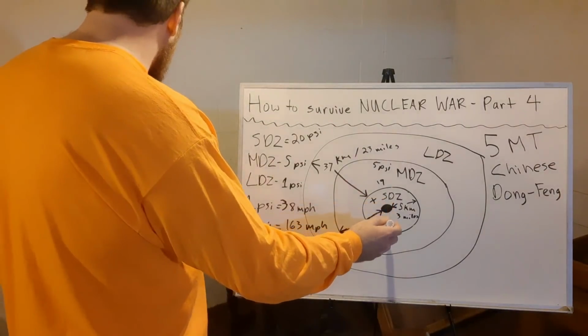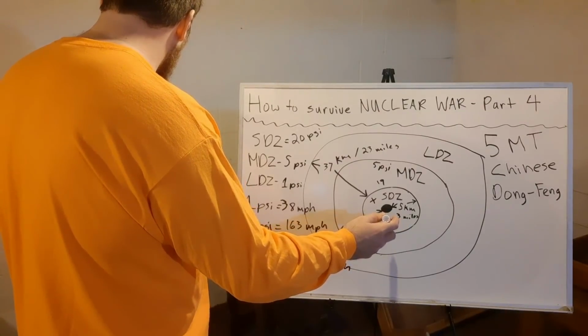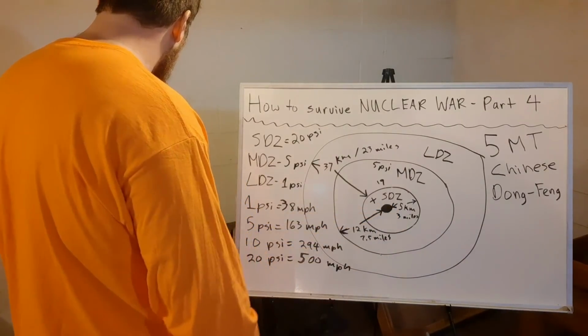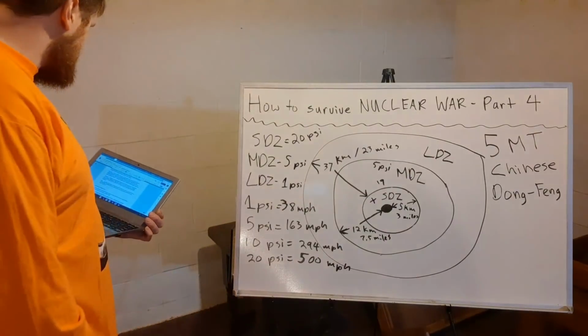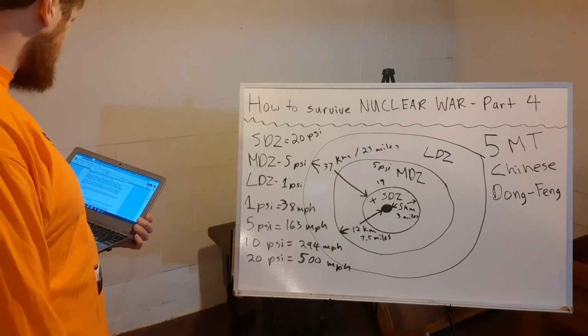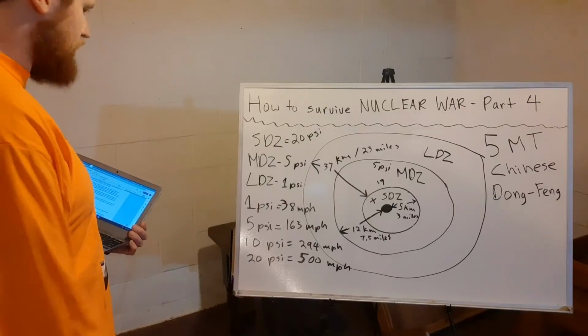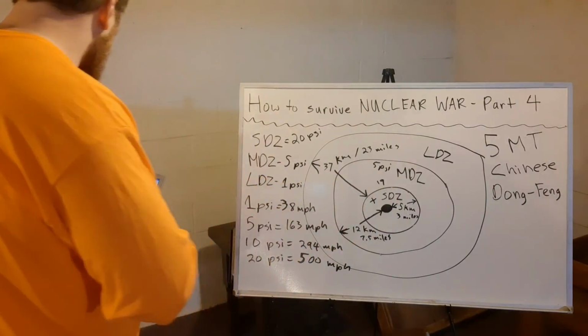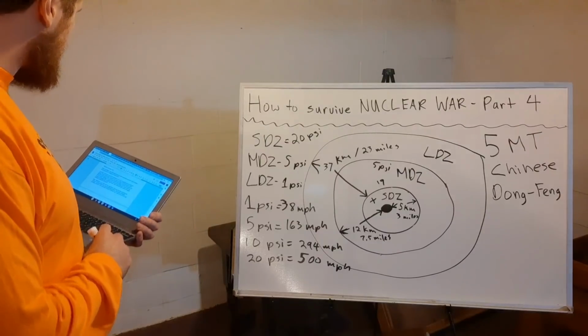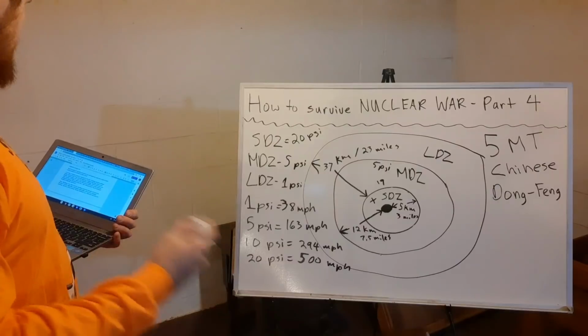Now, the EMP damage within the severe damage zone will damage and disrupt electronic equipment. Some commercial band AM/FM radios will still be able to receive signals from transmitters outside the area. The power will be out. That's obvious. Now, within the moderate damage zone, there's going to be many casualties, but they're going to survive and